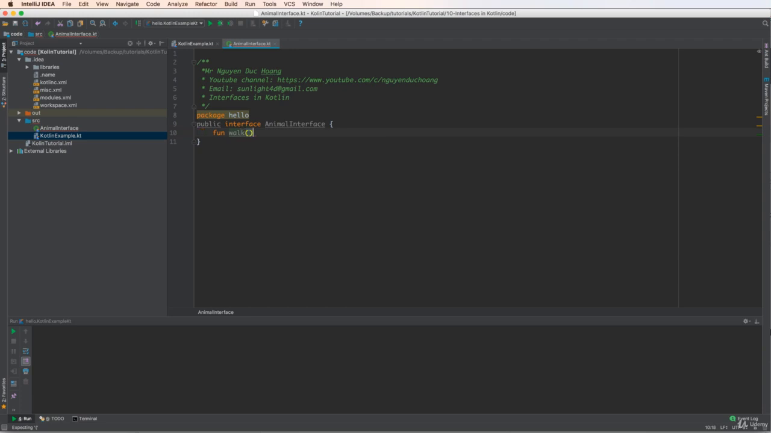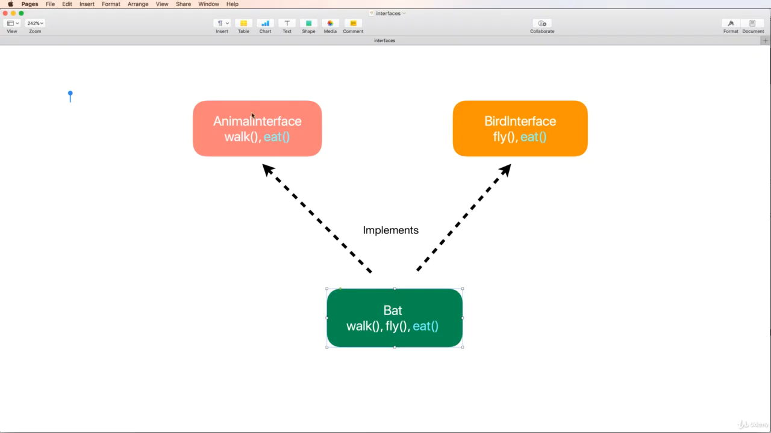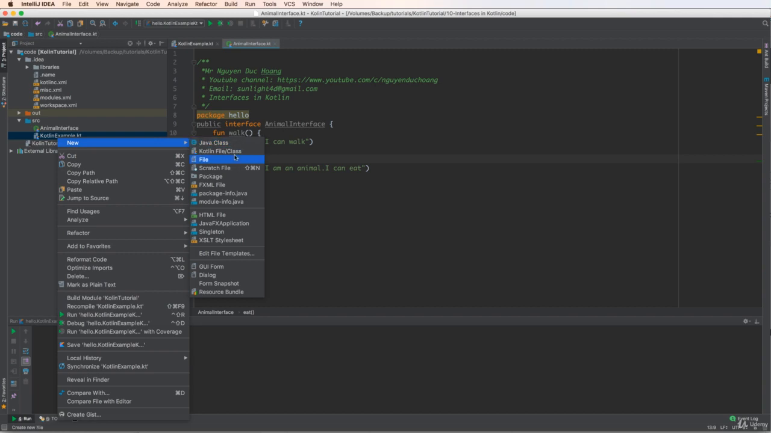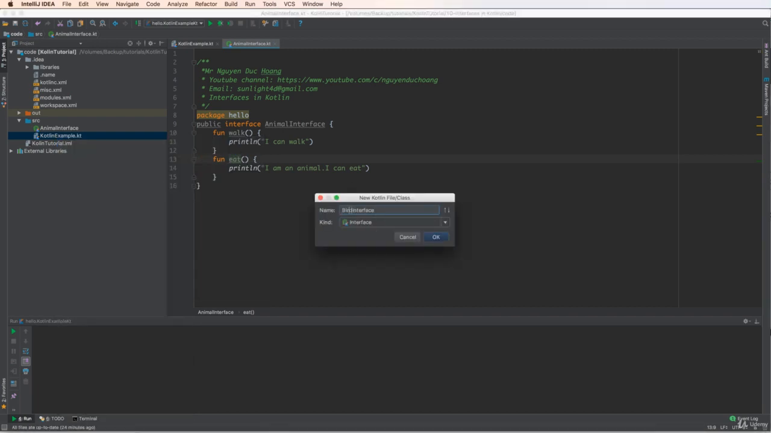Inside the animal interface we have some functions, for example the function walk, and the function walk only prints a message that I can walk. You also have the function eat, so the animal can eat and can walk. Okay, so we define a new